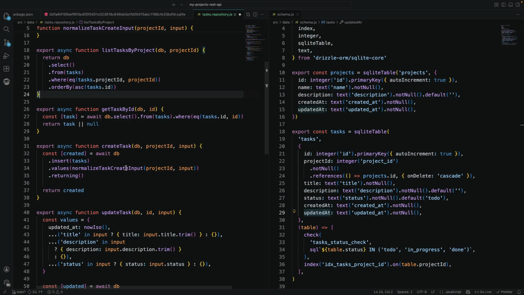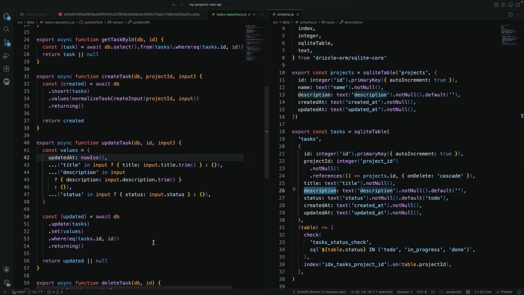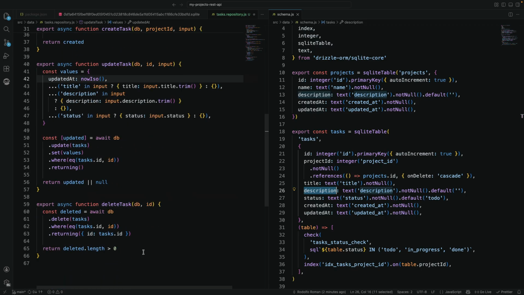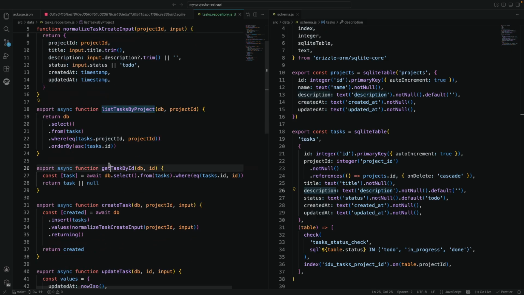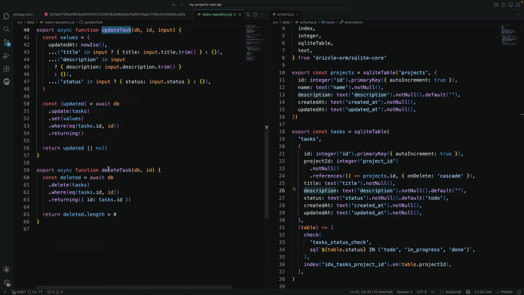Let me minimize this. Okay, everything looks good so far. Here, updated at changed to this one. Title, description. We have the correct description. Yes, we do. Cool. And that should be it, I think. Delete task. We go all the way it's supposed to. So here we're just doing the same normalize, list project, task by project, get task by task ID, create task, update task,